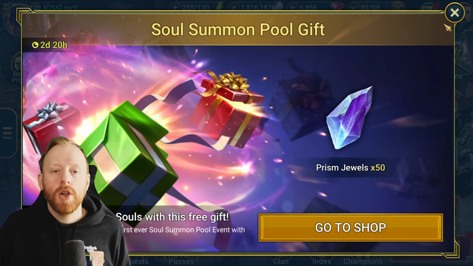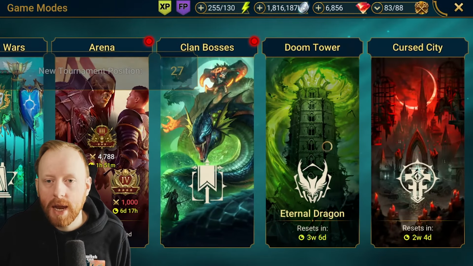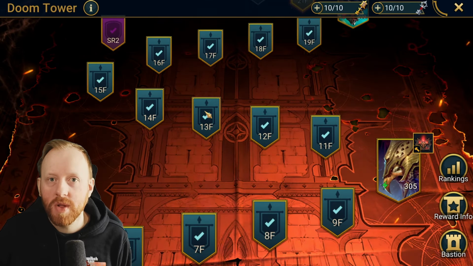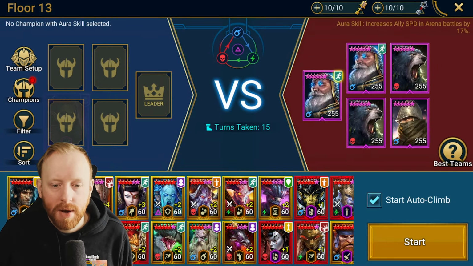So let's take him in. Let's have a look at some animations here. Let's have a look at some play testing. Let's take him into Doom Tower. We've got some low-level floors here that we can test, so we're not going to use any of InrY's energy here. He's obviously using a double reset team. So what I'm going to do is I'm just going to take this out and we're going to bring in